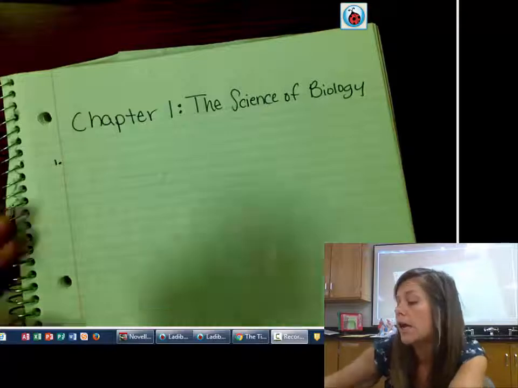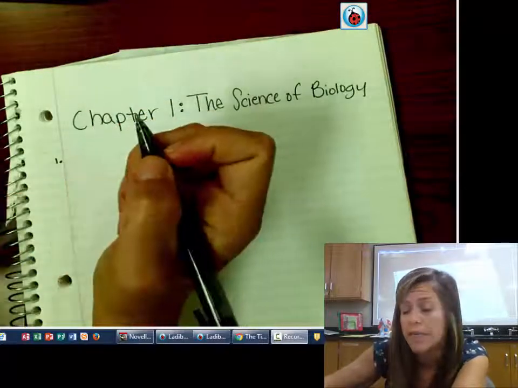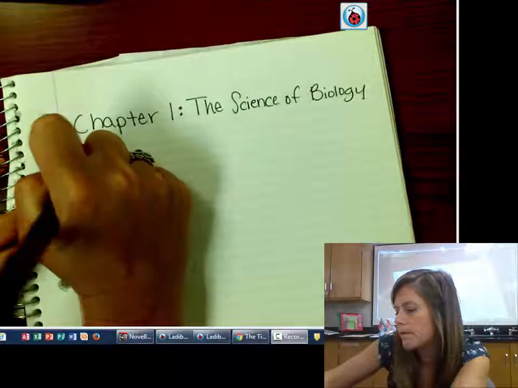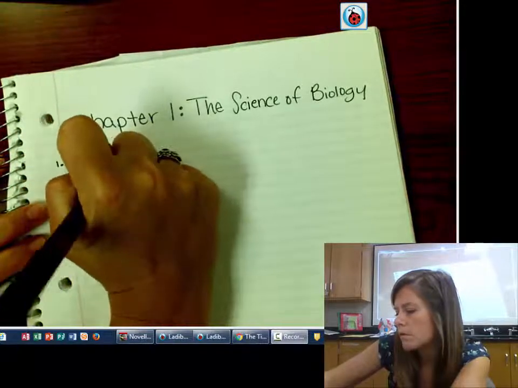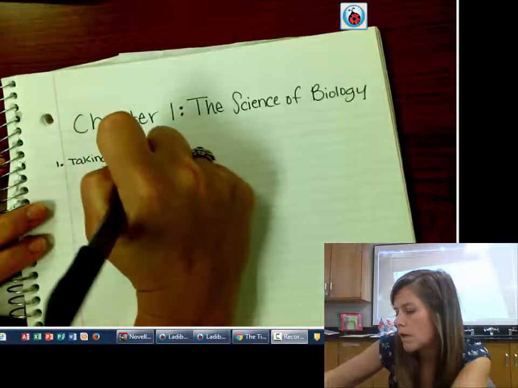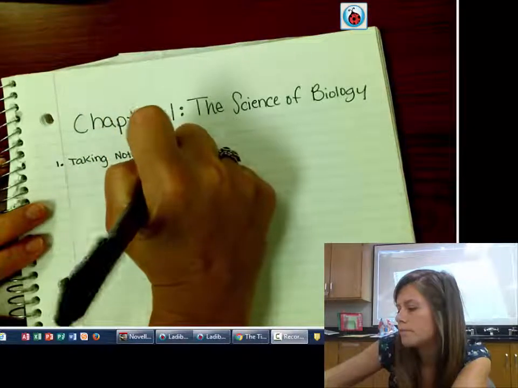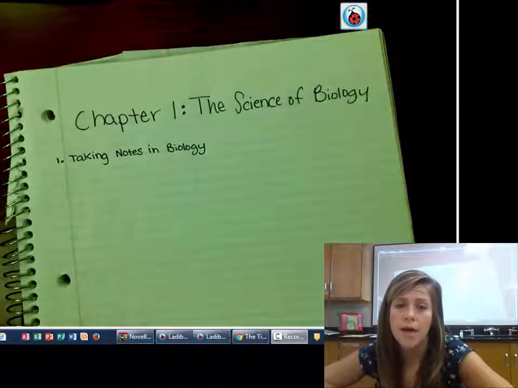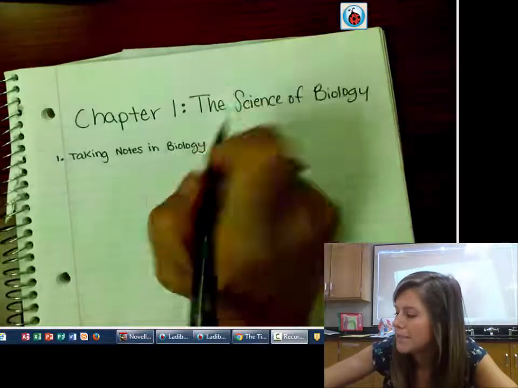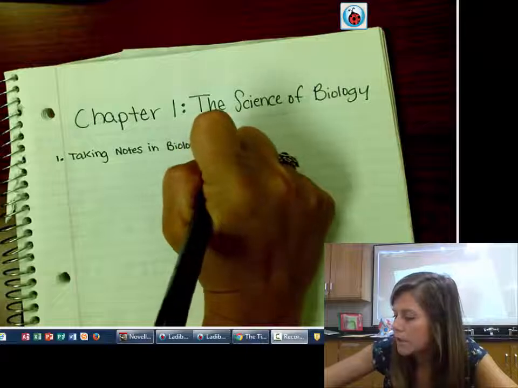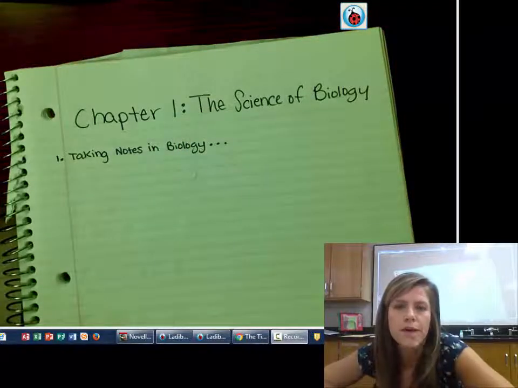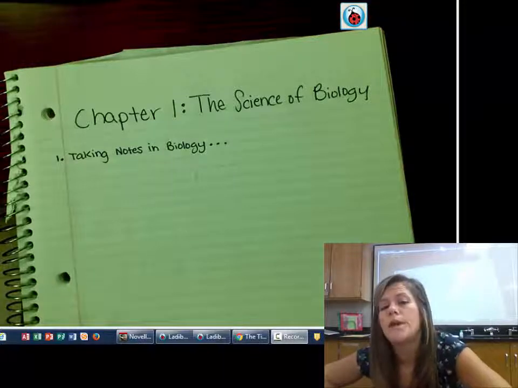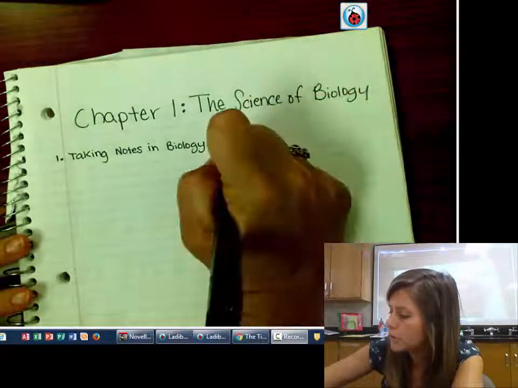So I also then need a title of what the first thing is, or we could just put taking notes in biology. Along with that, I want a page number. So I like to make little dots. We'll just do a couple of them so we're not going all the way across the page. And that will be on page 2